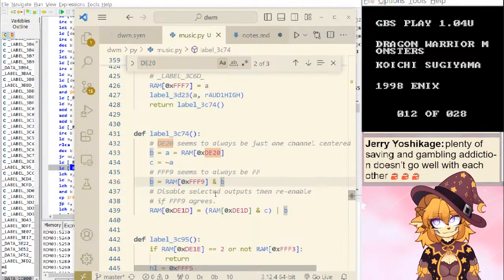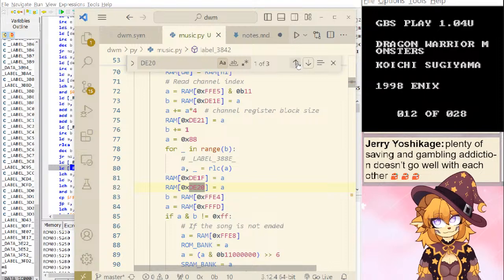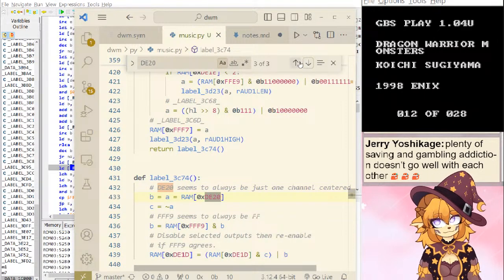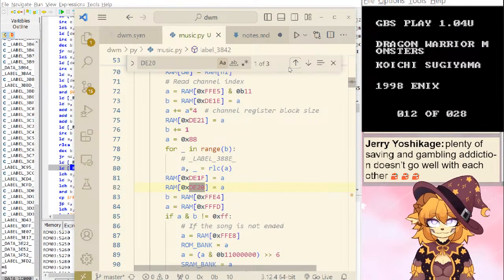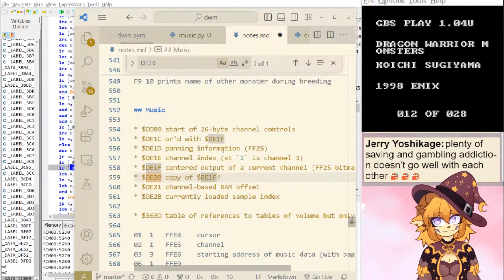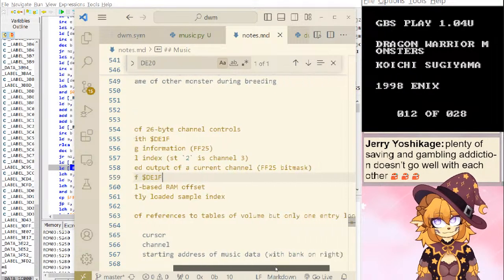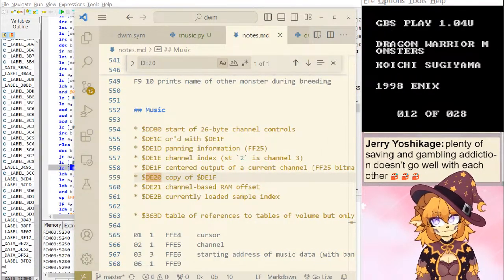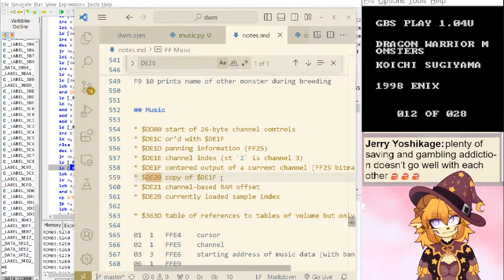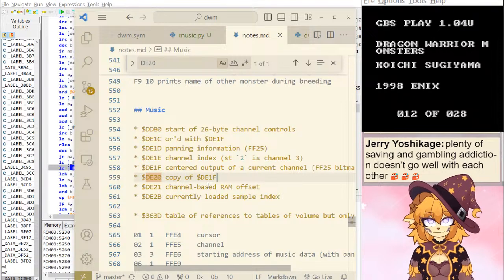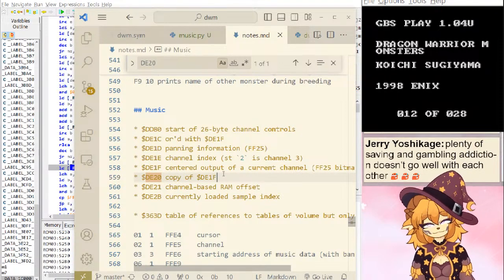Oh, it's used with F9. Isn't it used with 1F as well? Never mind. Well, whatever. Very strange. So the song can't control panning information.